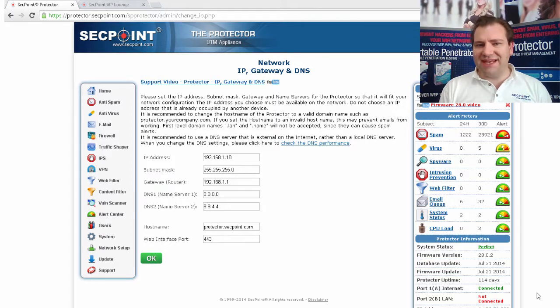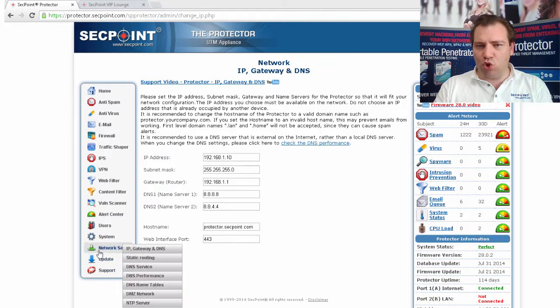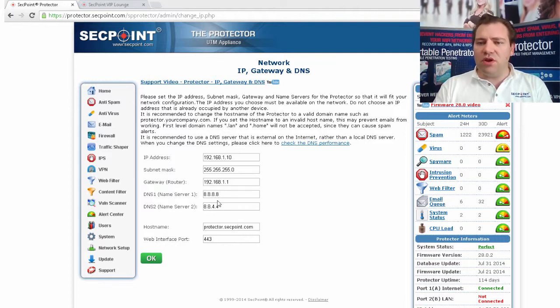Now we will take a look at the network setup menu that you see right here, where you can configure the network settings. First we have here the IP address that is being set. You can set up the router, the DNS number 2, and we are seeing it is very important to have